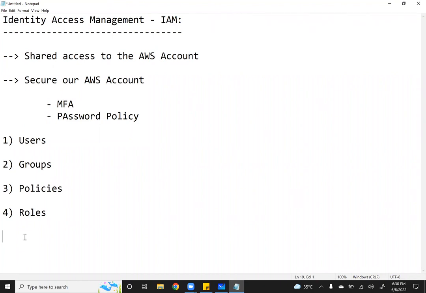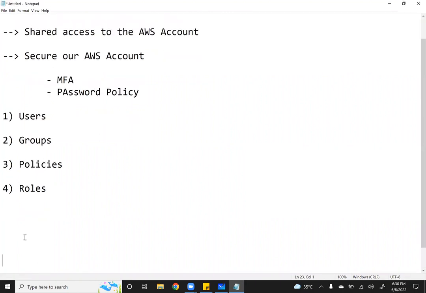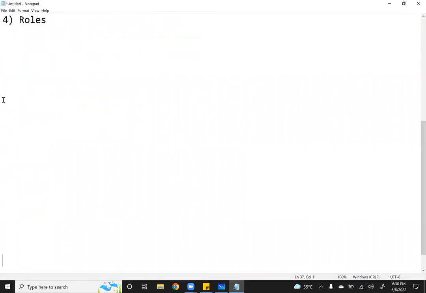So first we will go with those 2 things. One is a billing alarm and the second one is a password policy. Then we will come back to these terminologies like users, groups, policies and roles, and we will discuss those 4 terms. So first thing we are going to do is create the billing alarm, which is